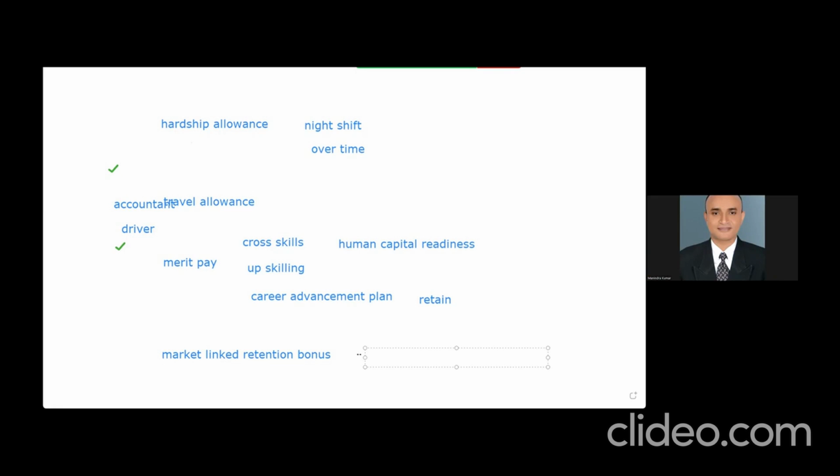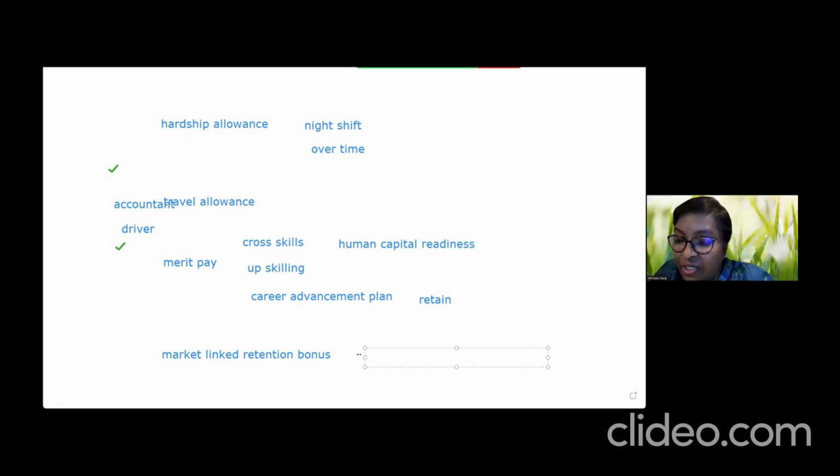Yeah, I've seen retention bonus, but the market linked is something which is new for me, and it's good. It should be implemented by organizations, right? Some of the organizations do. But now, having said that, what had happened initially, all the IT organizations would do that, because what happens,